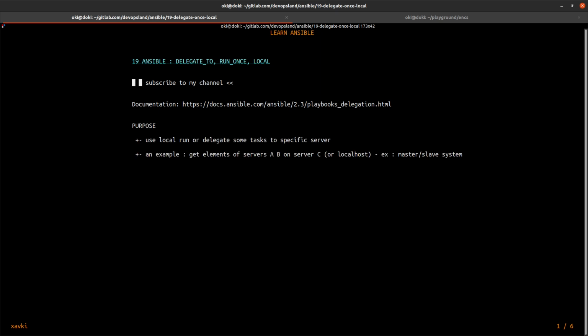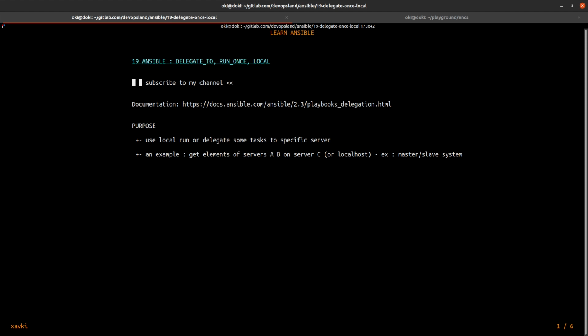And first of all, what could you do with delegate_to, run_once or local_connection? You can use a local run or delegate_to to delegate some tasks to a specific server.